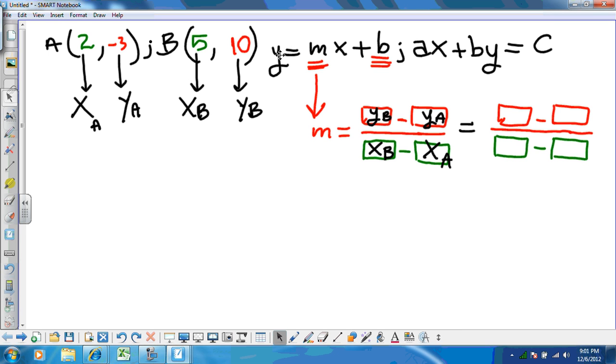I am hoping to help you find the equation of the line through two random points. The equation of the line is given by y equals mx plus b, where m is the slope and b is the y-intercept. The line might also be described by the standard equation, ax plus by equals c. We know that the slope-intercept form is y equals mx plus b, where m is the slope, as I said, and b is the y-intercept. Slope means inclination, and the b here is the point at which your line will cross